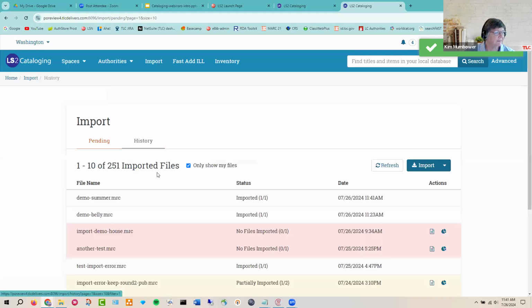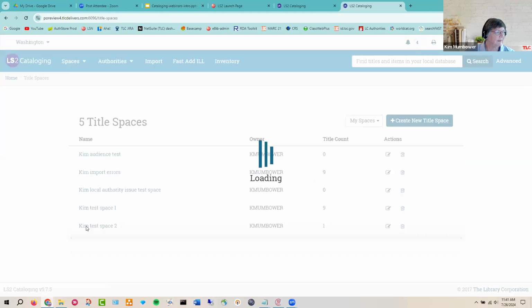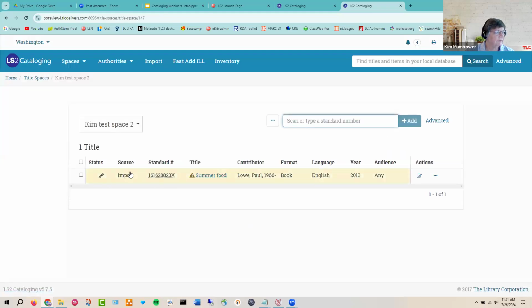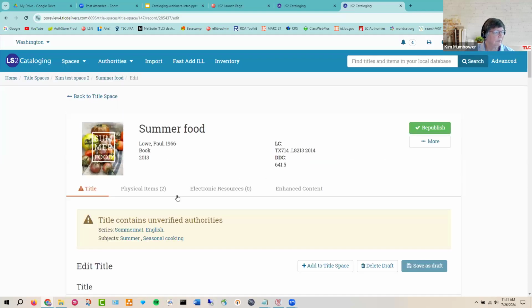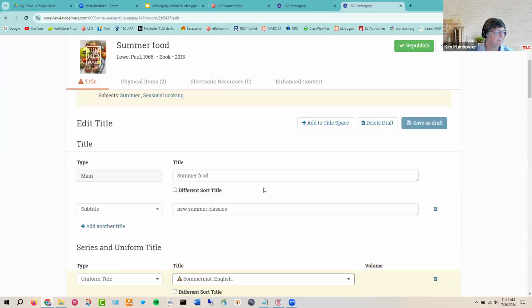Usually just takes a few seconds. Okay, it imported. So I'll go here to my test space. And great. Now, even though it's a local record, because import modified it, the source is showing as import. I thought I'd mention that in case you have ever wondered about that. So here I have my